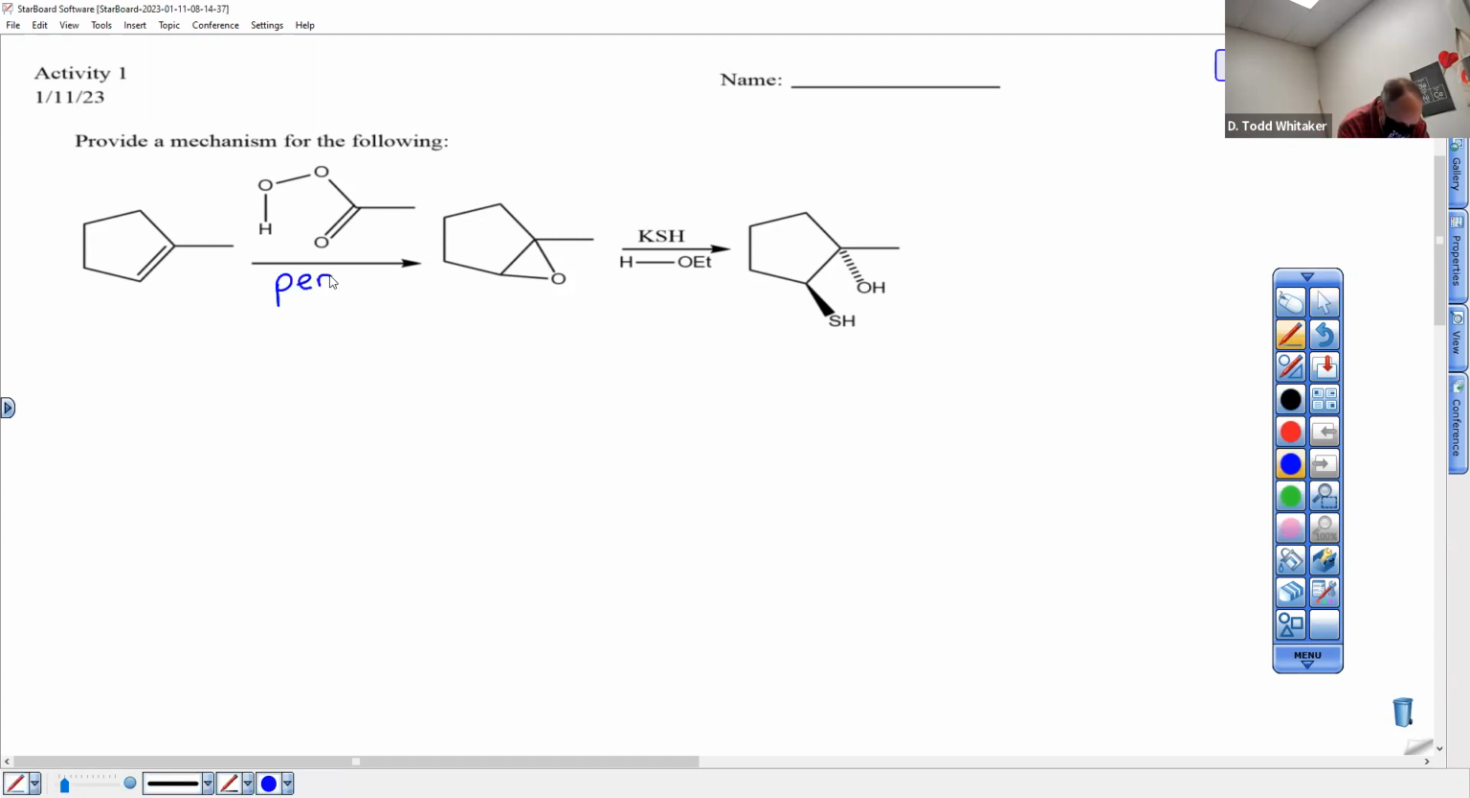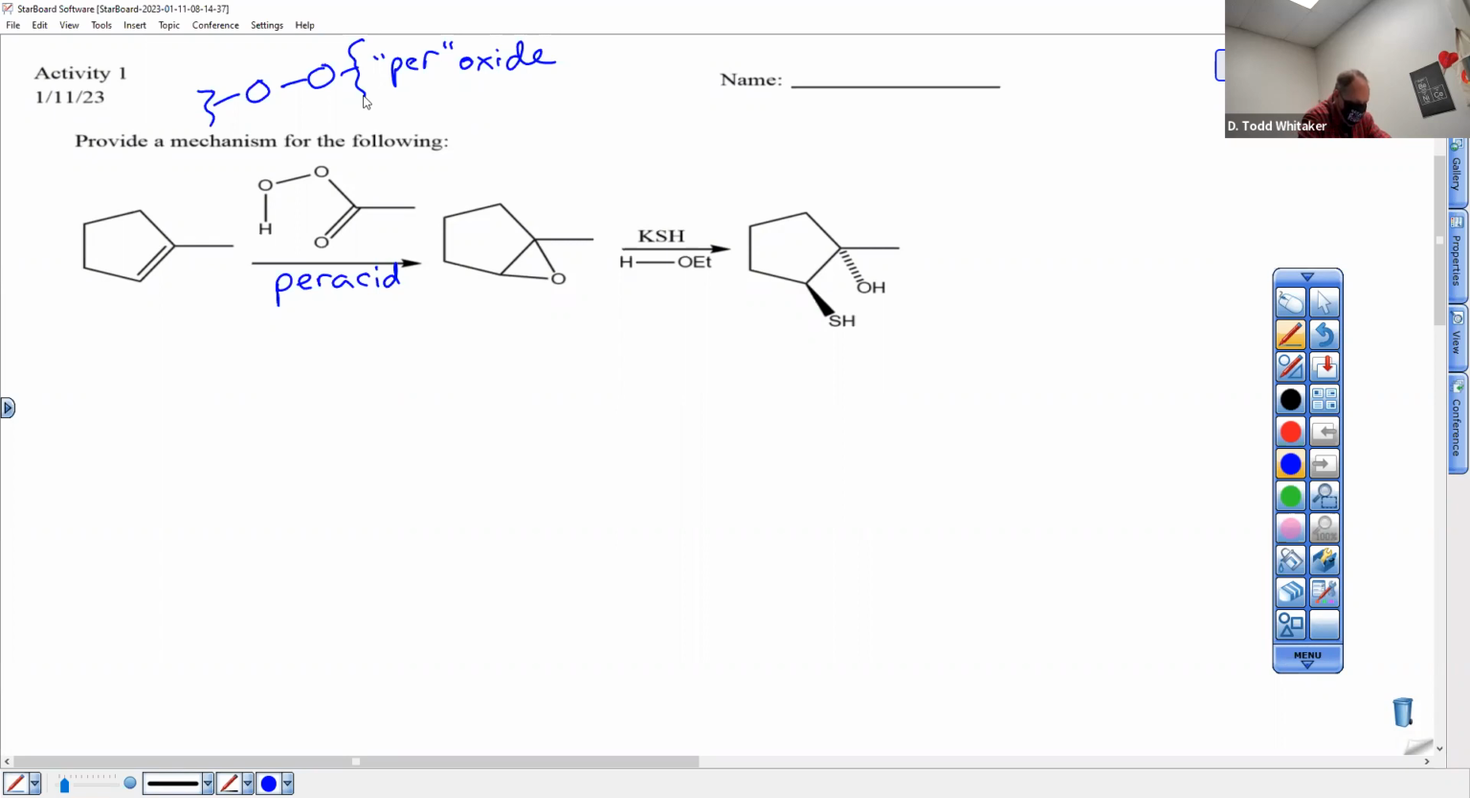How do you know it's a peracid? Yeah, it's got a peroxide. Peroxide, right? They all have that. Whatever. And per just means extra, right? So, hey,